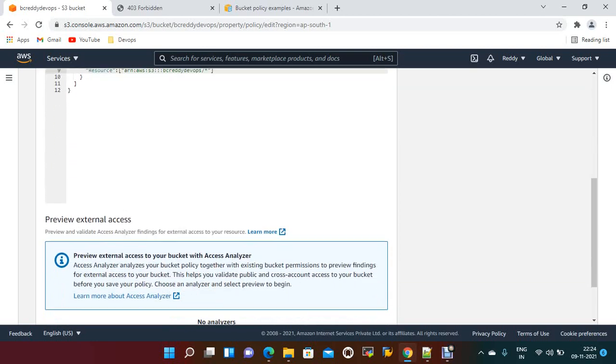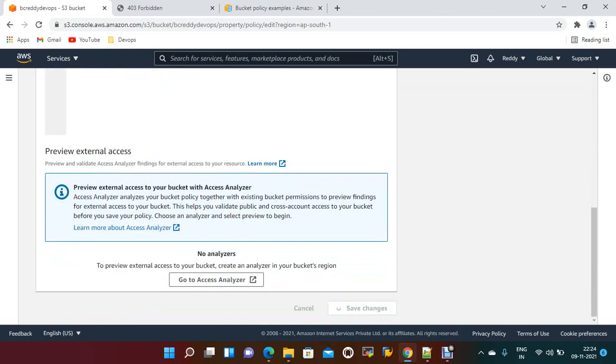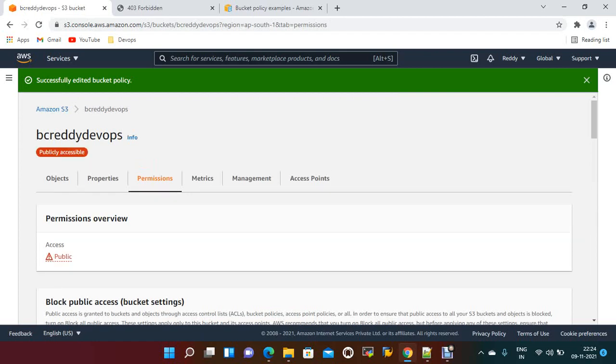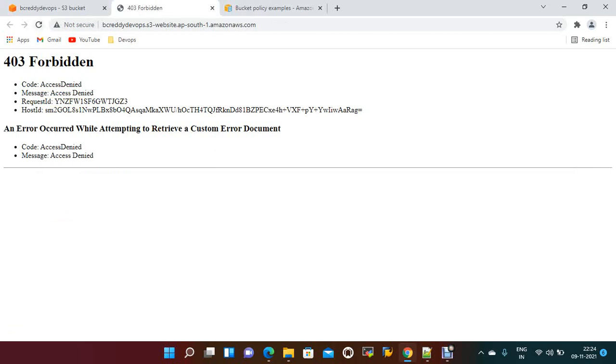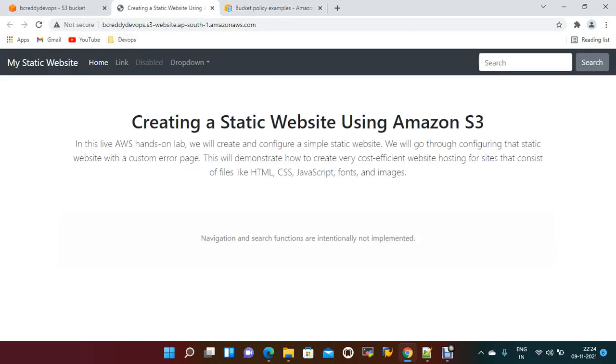Okay, I'm just saving the changes. Now this BC Reddy DevOps bucket is publicly accessible. Okay, now if you refresh this one, you are able to see the static website index.html page.